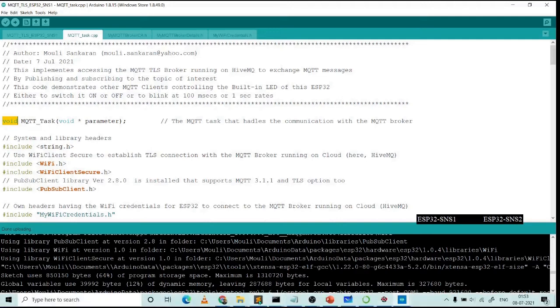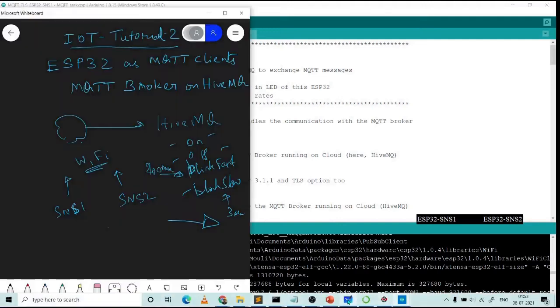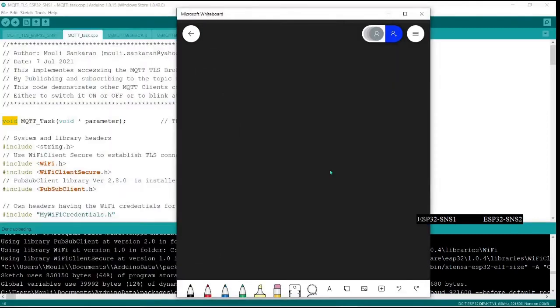Well, let me explain a little bit here, because this is a common mistake that people get into. This is a very important thing we should know. In ESP32, with FreeRTOS, it is not always true that this is what happens in any RTOS. This is a typical combination, because if you see, Linux has an int value which is returning some error value from the task. Different OSes have different conventions.